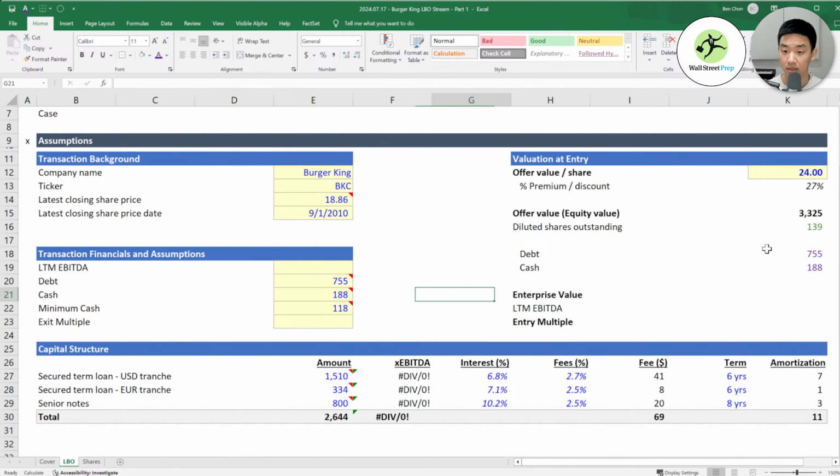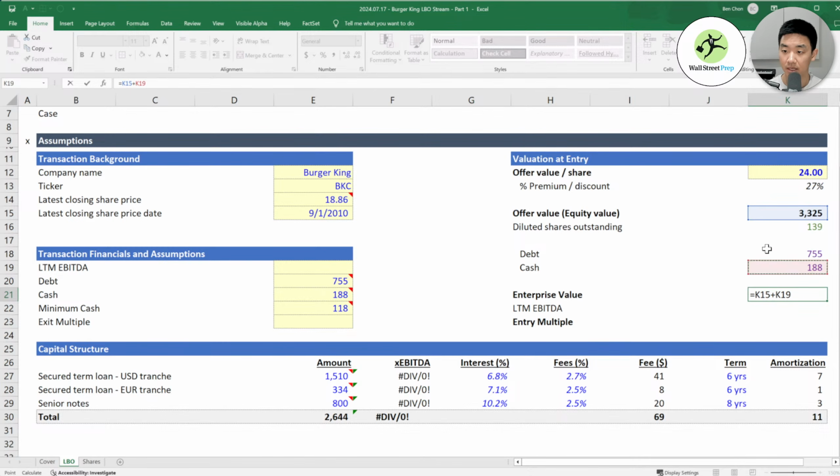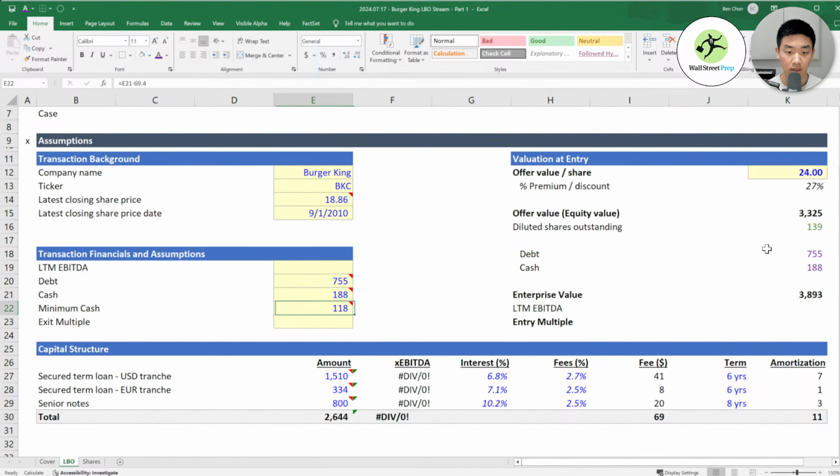And then we can get to our enterprise value, which is our offer value plus debt minus cash, 3893. And then LTM EBITDA we'll get a little bit later. So we'll enter this later. Exit multiple, I'm going to do it later.